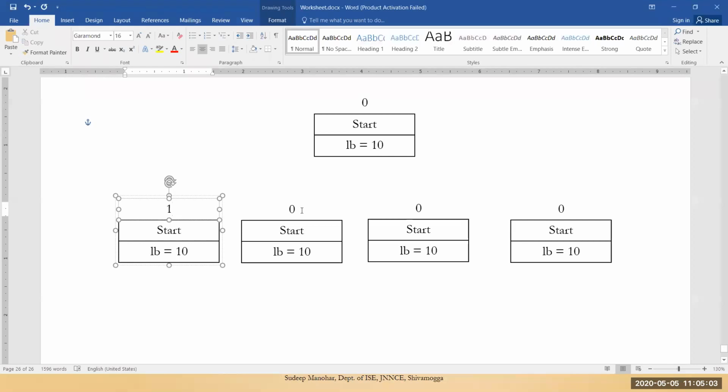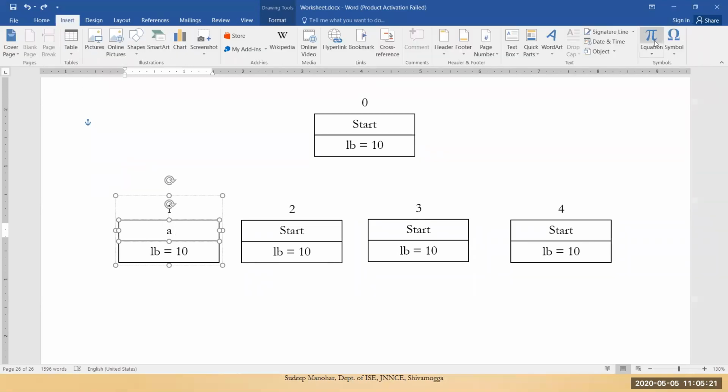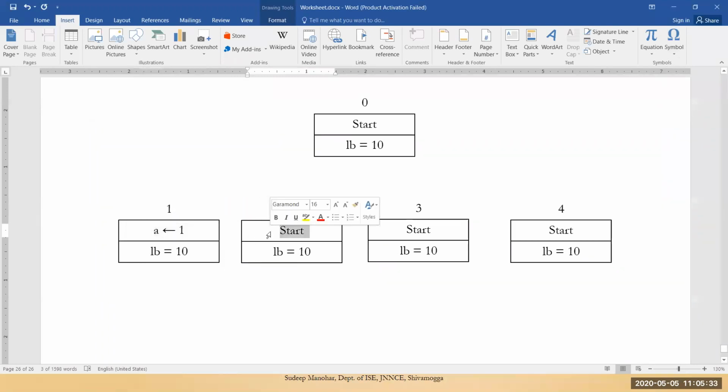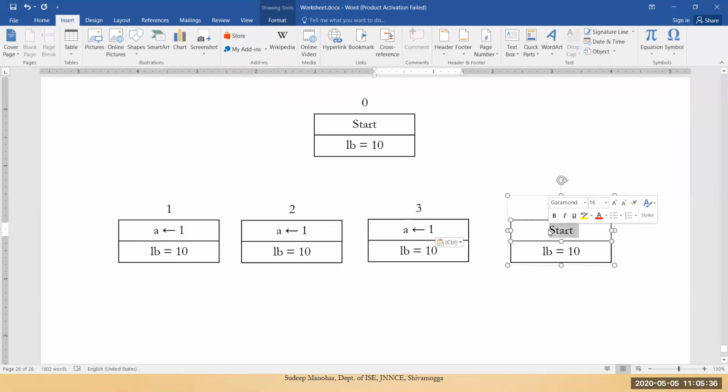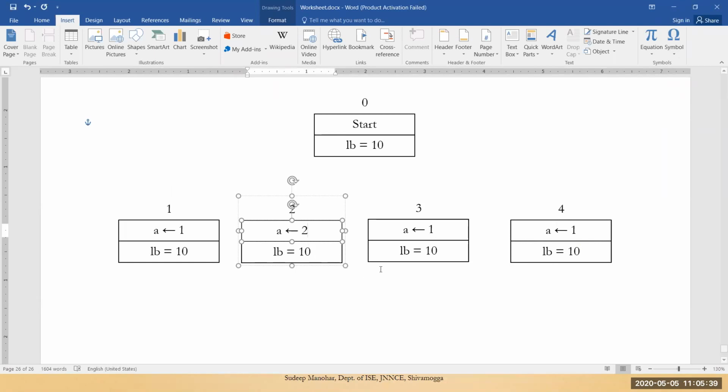We'll give the node number starting from the left hand side. And in place of start, now you are assigning the job for person A. So we are supposed to write the options, 4 options for the person A. So A is 1 here. A is 2, that means A is allotted with job number 2, second option. A is allotted with job number 3, the third option. A is allotted with job number 4, the fourth option.